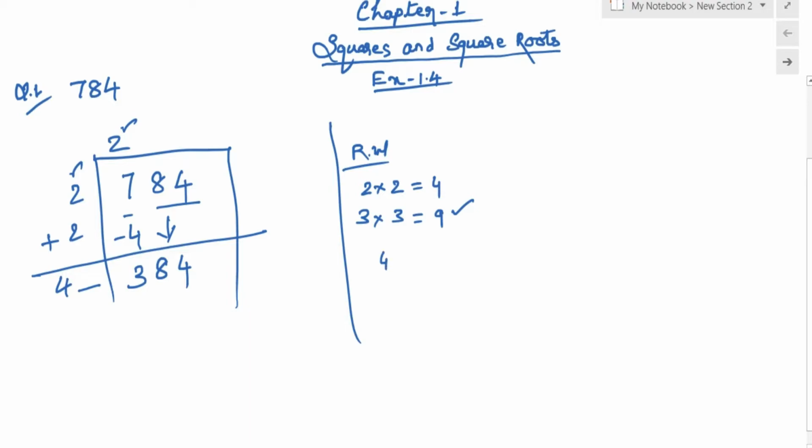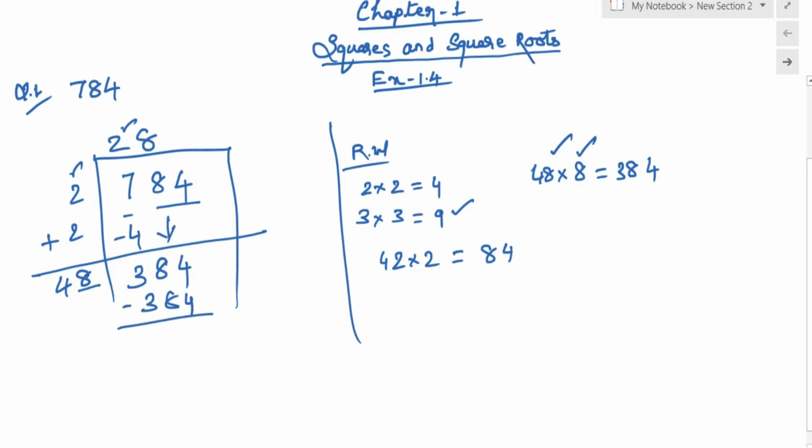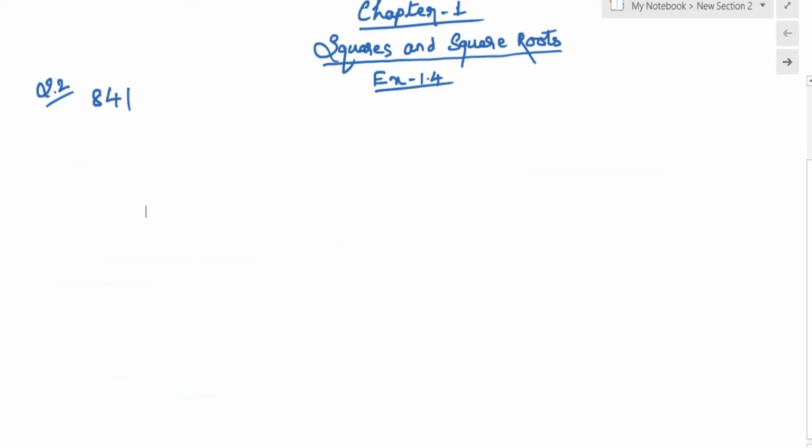अब 4 के साथ 2 2s अगर जाते हैं तो 2 2s लास्ट डिजिट में 4 आता है, बट 84 तो बहुत छोटा होता है. सो नाउ यू कैन गो एड विथ 48 × 8, क्योंकि नेक्स्ट होता है 8 8s = 64. तो 8 8s = 64 हो गया, कैरी फॉरवर्ड 6, 8 4s = 32, 32 + 6 is 38. तो इससे पता चलता है 48 × 8 is 384, and now we are getting the remainder 0. Hence we can say that the square root value of 784 is 28.